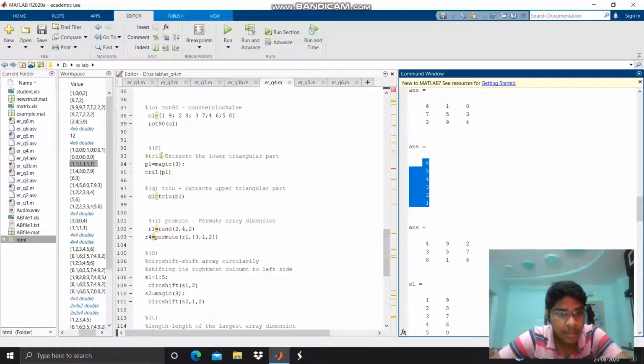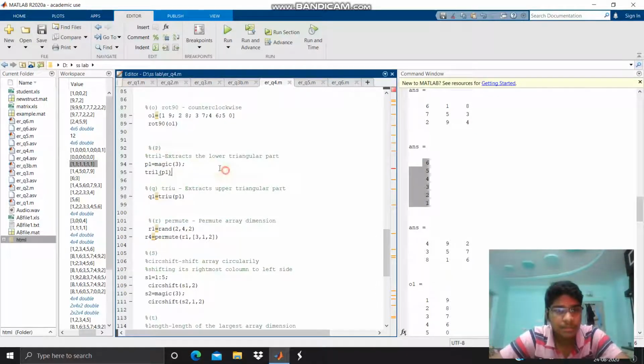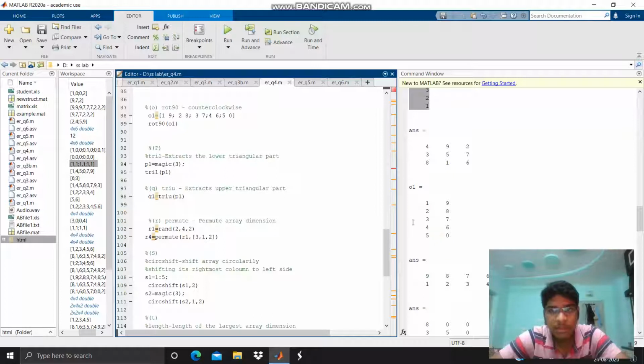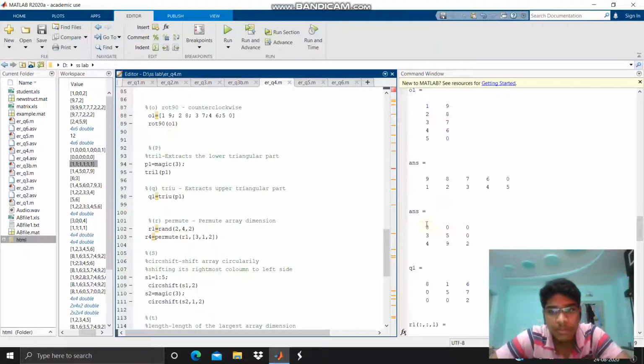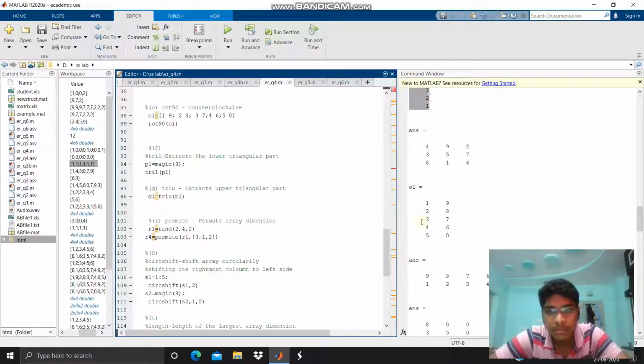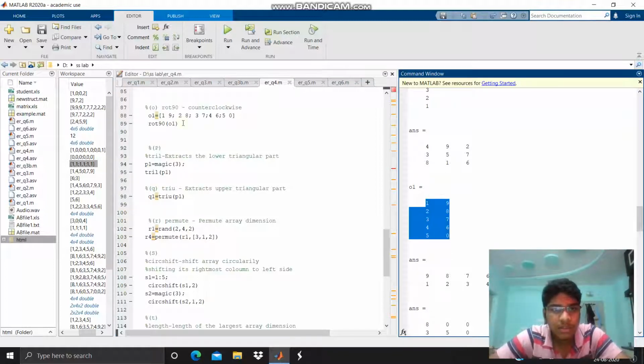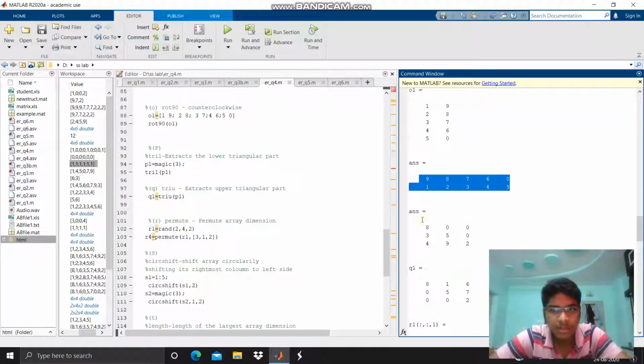And tril and triu mean it extracts the lower triangular and upper triangular part of the matrix. Here it is. This one is the output for rot90, this one is the rotated output for the matrix, this one is the output for the lower triangular matrix, and this one is for the upper triangular matrix.